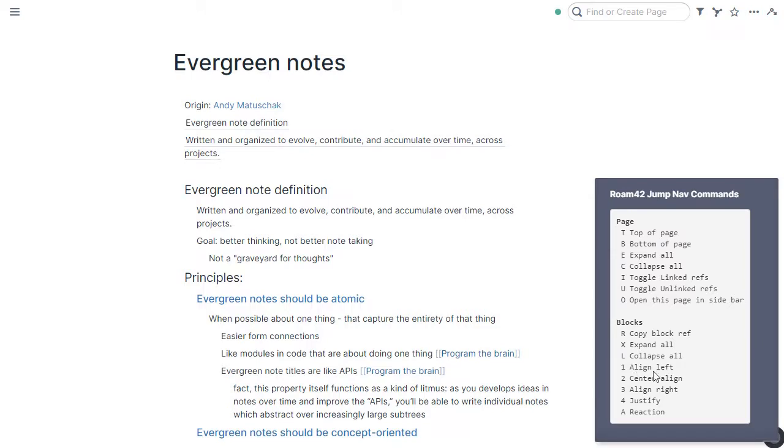You also have alignment keys here. So align left, center, right, justify. So for example, let's say I want this right aligned. That is Alt-J-3, and now that text is right aligned. I want it centered, Alt-J-2. I want it left aligned, Alt-J-1, or I want it fully justified, that's Alt-J-4, which doesn't make any difference on that node,